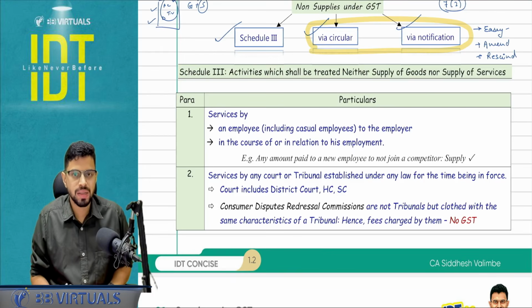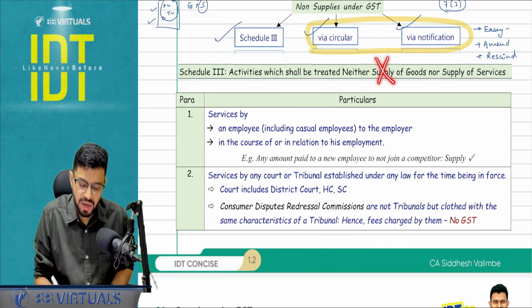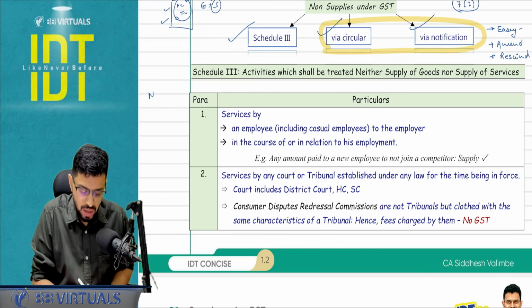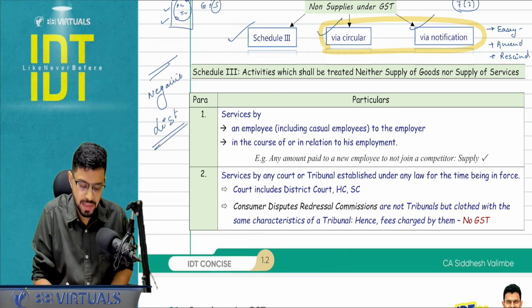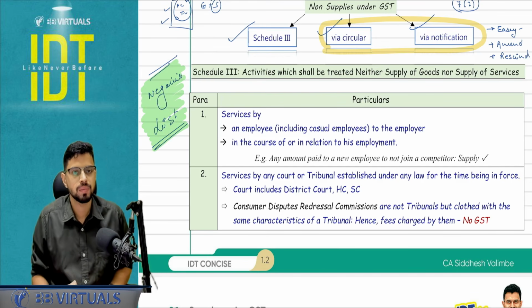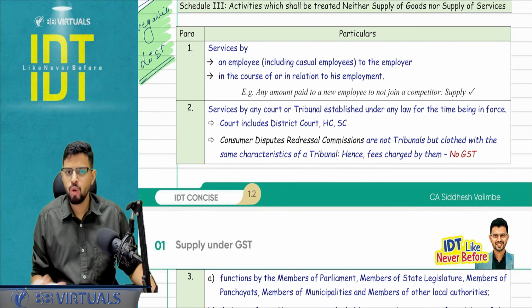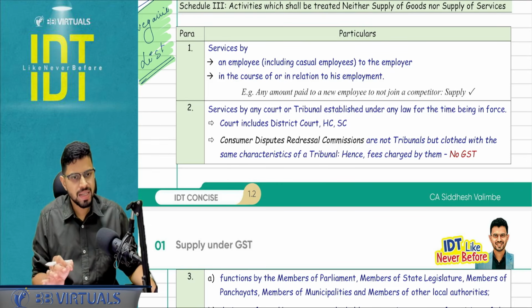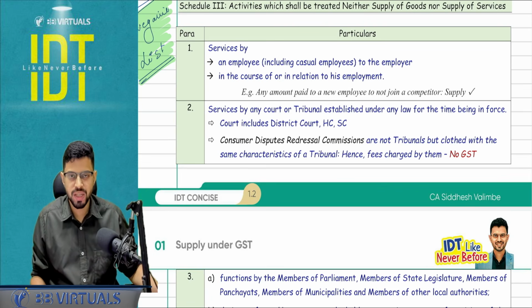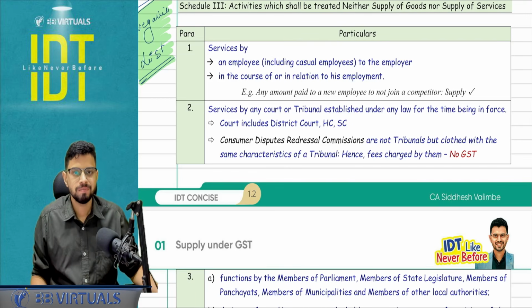Let's start with schedule number 3. Activities which are neither treated as supply of goods nor supply of services. So they are outside the scope of taxable event, also known as negative list. Very simple. No need to learn the paragraphs. Just understand each and every item individually, because these are going to be tested in the part of the ITC question. At that time the thing should click. First,